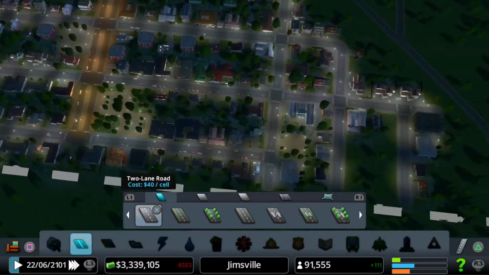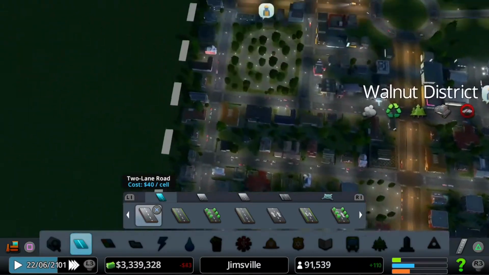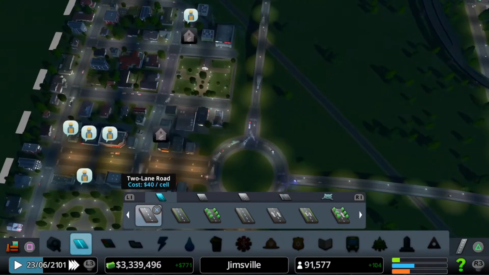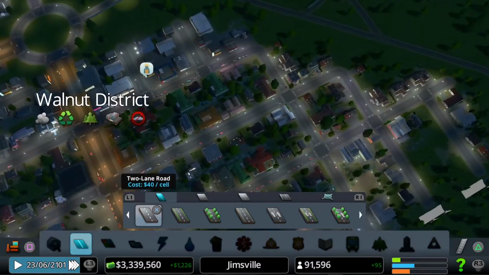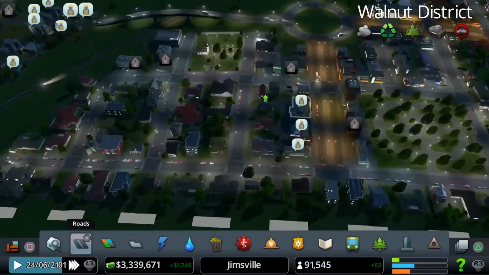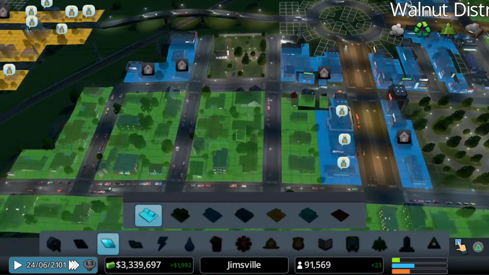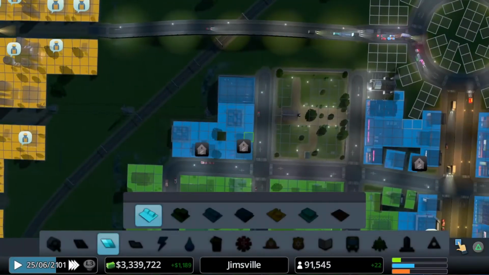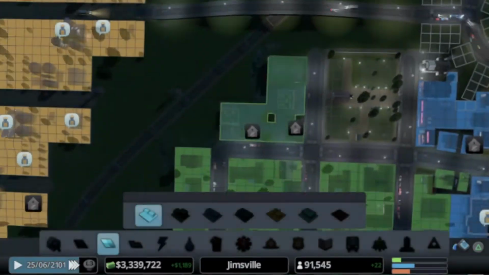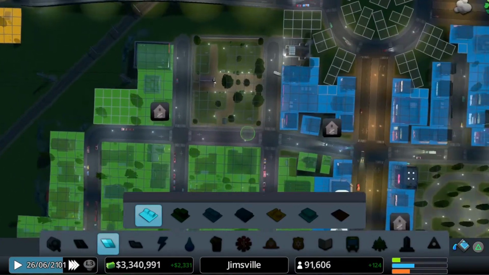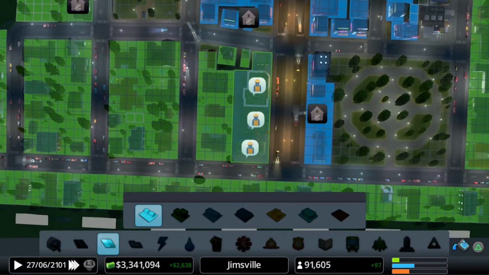There isn't really anywhere else I can stretch our residential. Although what I can do is rezone this area as residential, because the commercial is obviously failing there.